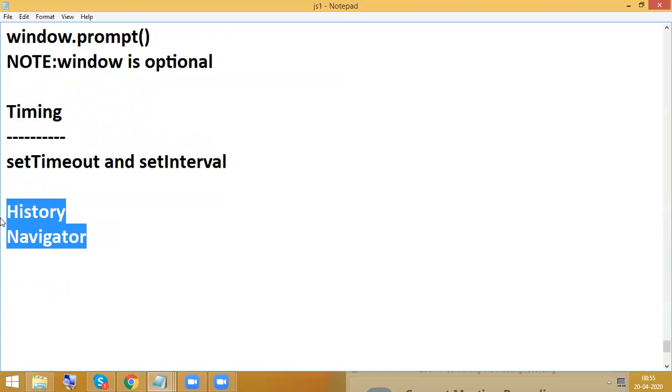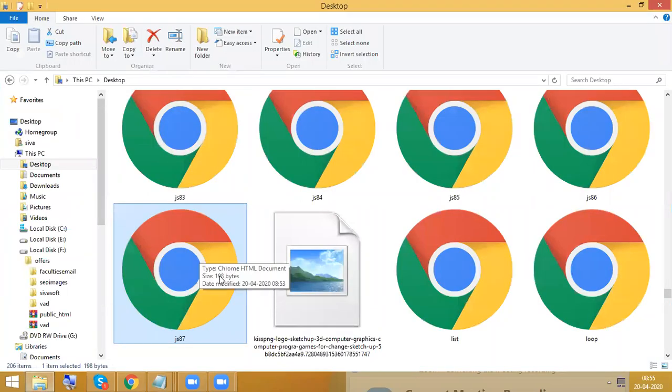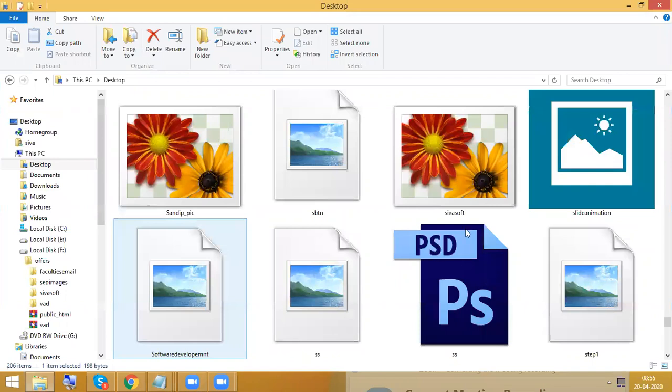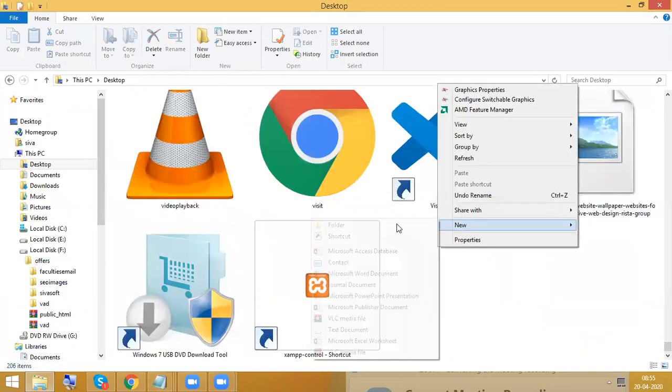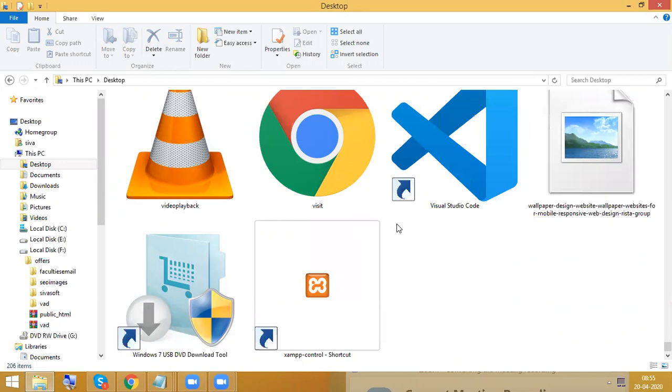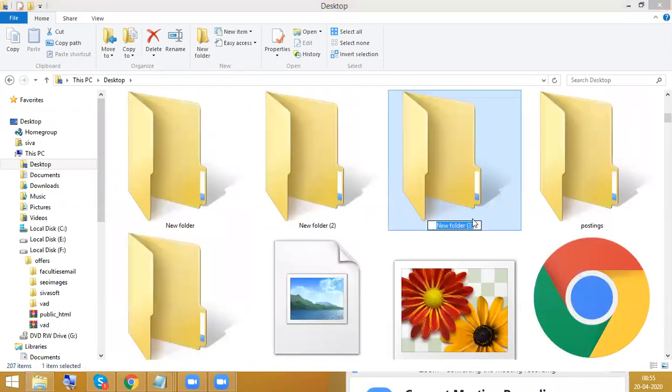So now history. To explain the history concept, I'm going to plan some directory here. I will create that one as JS88, whatever it may be.